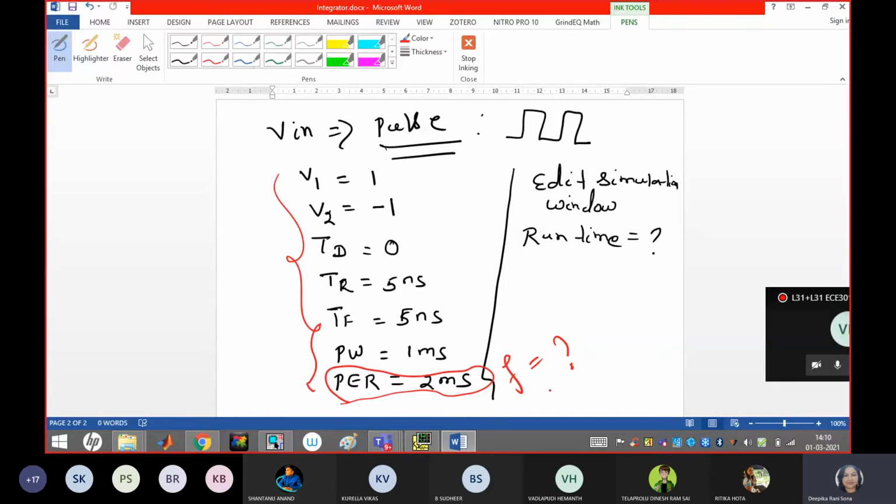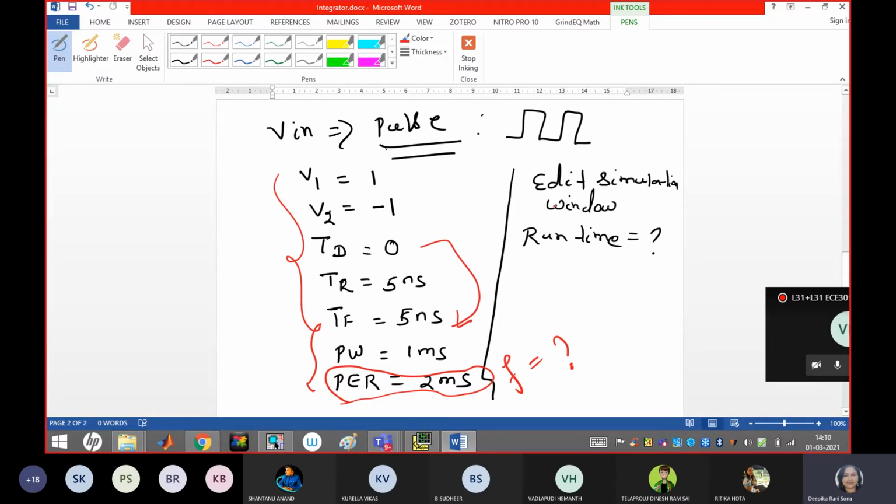So suppose the question is to design an integrator circuit to generate a frequency of 1 kilohertz and just implement the parameters for that. So you know how to calculate for the 1 kilohertz frequency. What should be the period and width that you have to fix, and this TR, TF should be constant. And this one you may change, 1 volt or 2 volt also. If you want, you may change as per that. It is up to you. Okay, delay, these three should be constant, this 0 and this one. Rise time, fall time, you need not change all these things.